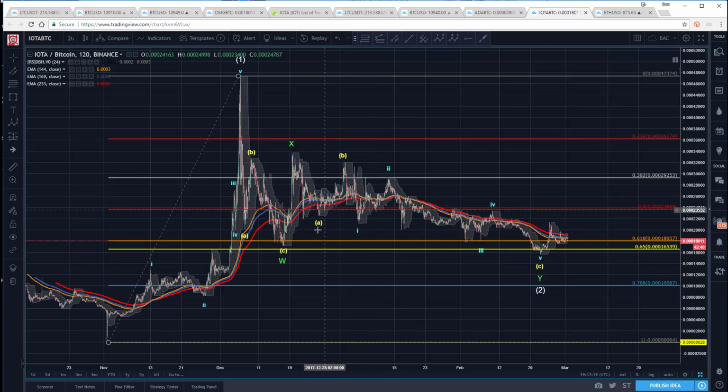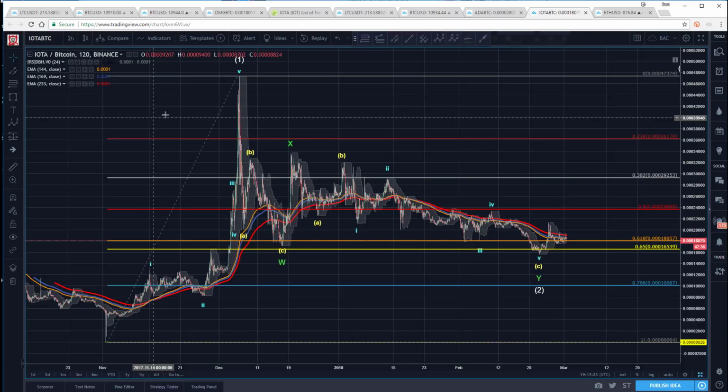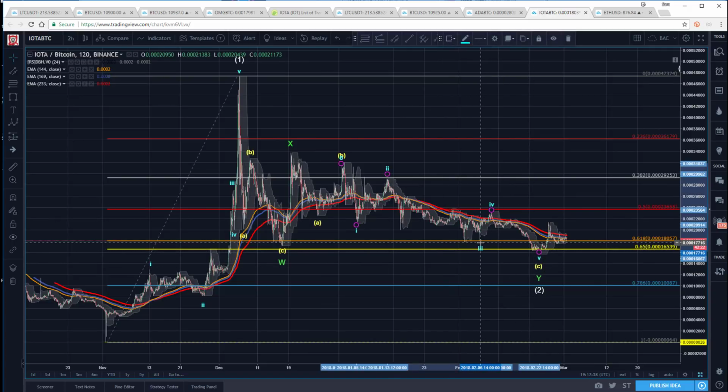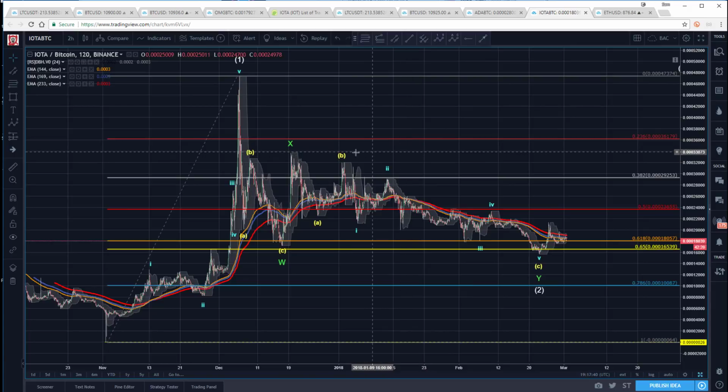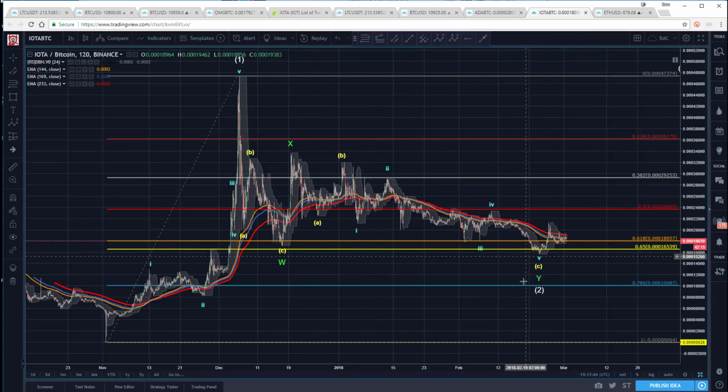It's subdivided here. So as I've told you guys before, WXY is not complicated. It's just connecting to ABC. So here's the first ABC. That's the W wave. X is the corrective wave of that part of the swing. Then we go into this long ABC, and there's some symmetry here, and it's trading technically here. So we can make a case for this. It's a little bit ugly.